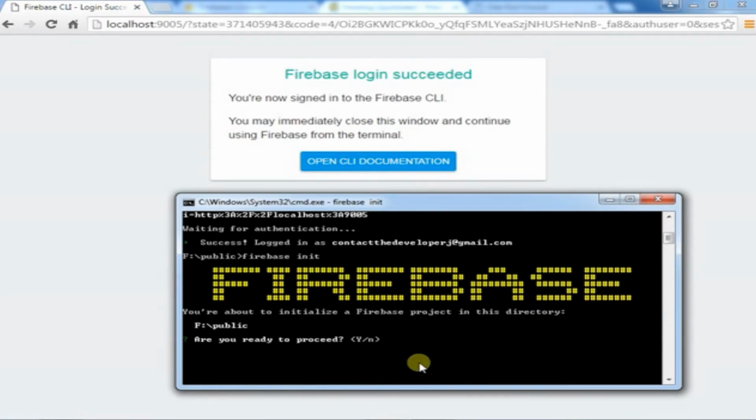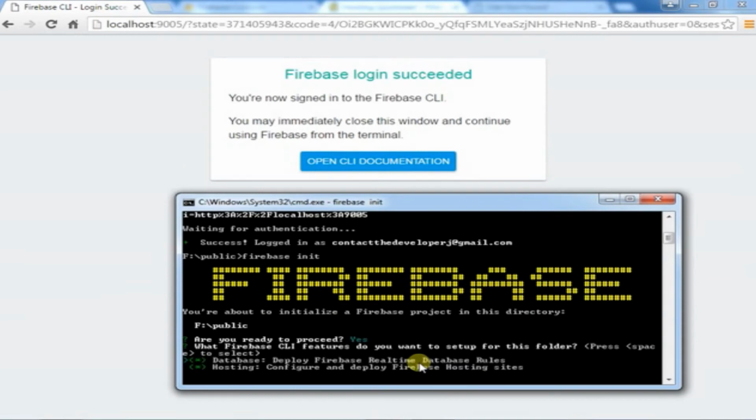Are you ready to proceed? Yes. See, there are two options, database and hosting. We are right now hosting a website, so we don't need a database. By pressing the spacebar, we will uncheck the database, go to hosting and click enter.